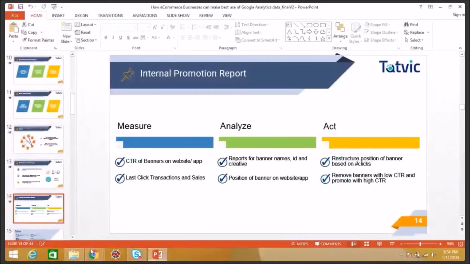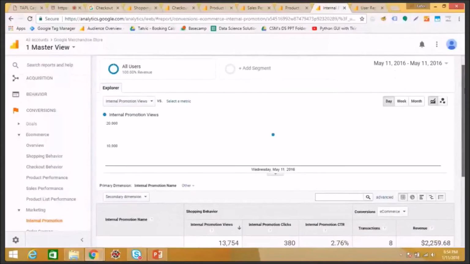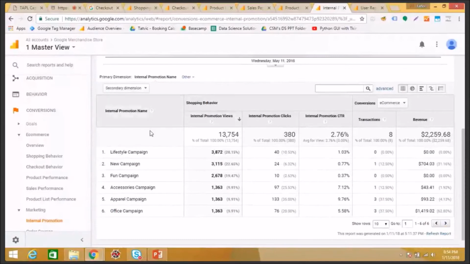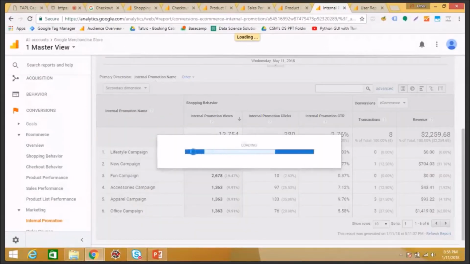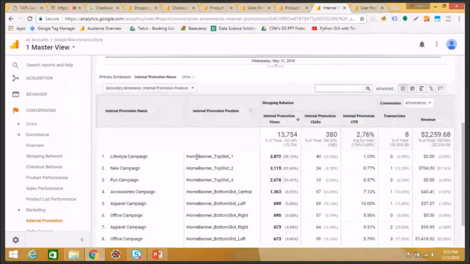We will now navigate to the internal promotion report under Google Analytics. So I'll navigate to the report. If I scroll down, so here again, the primary dimension will be the internal promotion name. And against every promotion, I will be able to see how many times that promotion or the banner was viewed, how many times the banner was clicked, what is the click-through rate for that banner, and how much revenue that particular banner has generated. Again, if I add a secondary dimension here for position, the internal promotion position, I will be able to see the position of the banner which is clicked. If I sort this table by revenue,